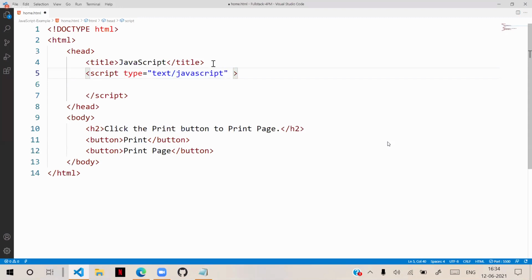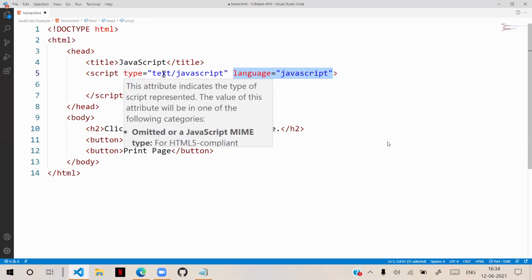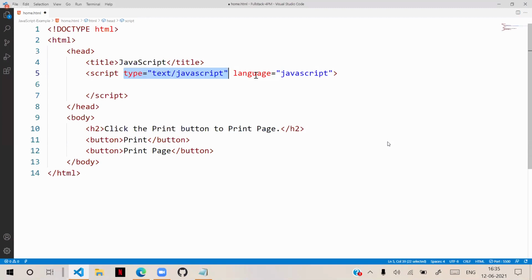Or you can also write language is equal to JavaScript, the complete word language. But this is not recommended anymore, though it will also work. These days we just use the MIME type, which is easy to understand. Language is not understandable for the modern browser. It's a very old technique. So better you use type text slash JavaScript, because